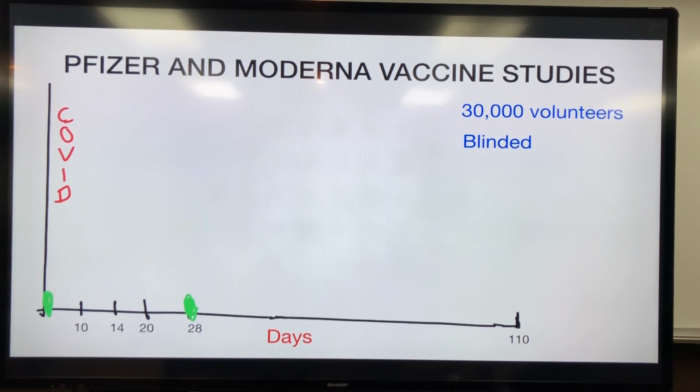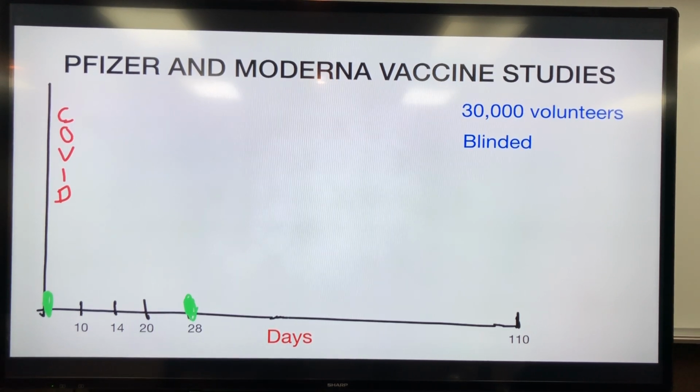And it's blinded. In other words, the person getting the shot last summer, they don't know if they're getting the fake or the real one. The nurse or the doctor that's giving it to their arm don't know if they're giving the real one or the fake one. That's the way this science works. The only ones that know who's getting what is the mathematicians and the statisticians. They keep up with what happens over the ongoing months. So that little first green dot is in July, and that 110 days at the bottom is somewhere around the end of October, because these studies started getting reported in November. Now, these studies are now going all the way into January, still going, so they're about 6 months into it.